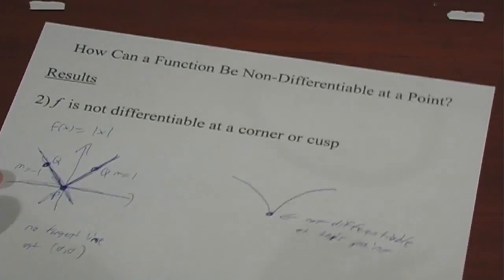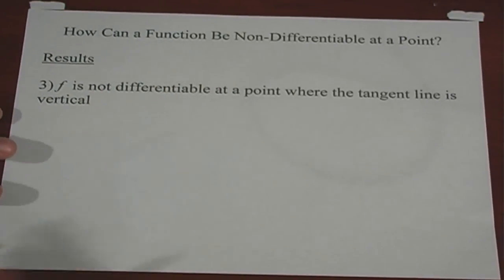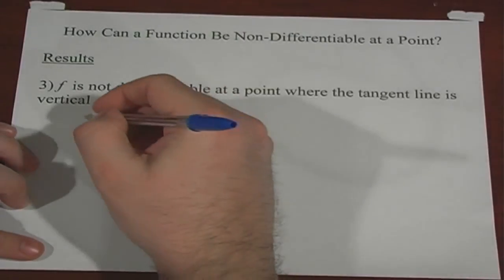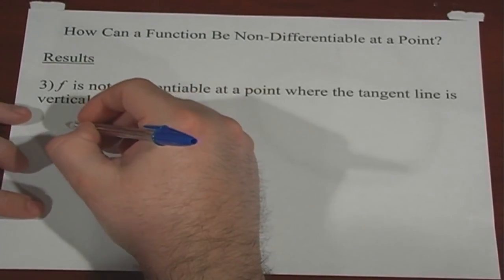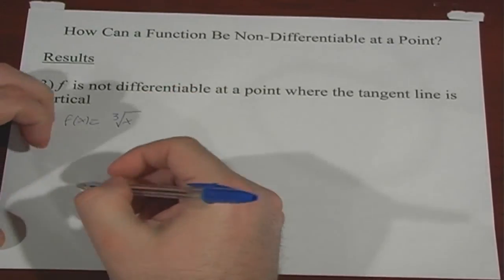So one way for it not to be differentiable is if it's not continuous there, it can't be differentiable. Another way is if there's a corner or a cusp. And a third way a function can be non-differentiable is if it has a vertical tangent line. So an example of a vertical tangent line, a couple of examples I'll give you. One of them is f of x equals cube root of x. If you were to draw this graph,